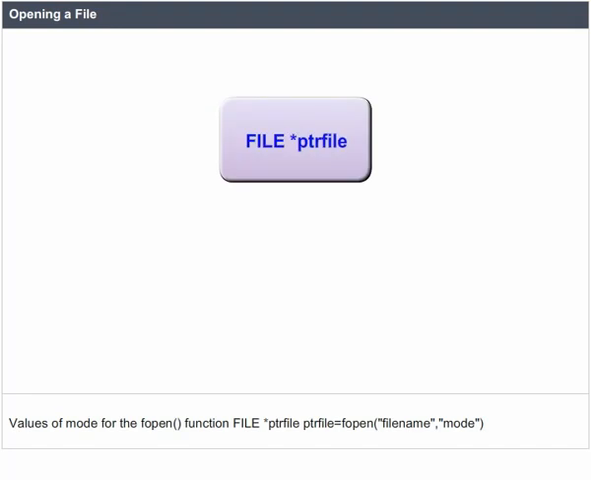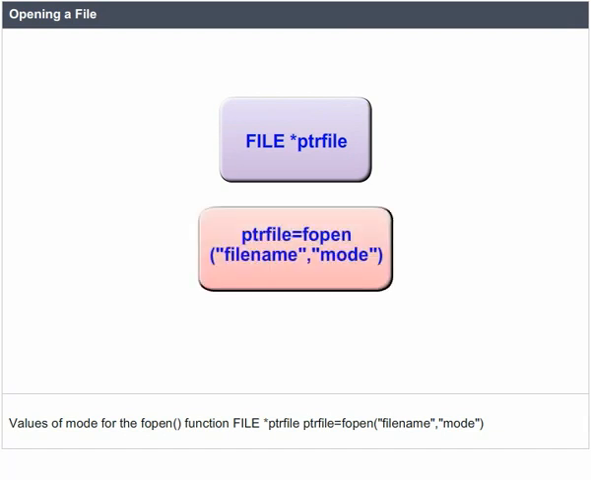Values of mode for the fopen function. FILE *ptrfile; ptrfile = fopen("filename", "mode");